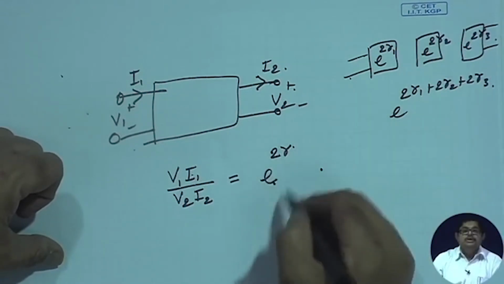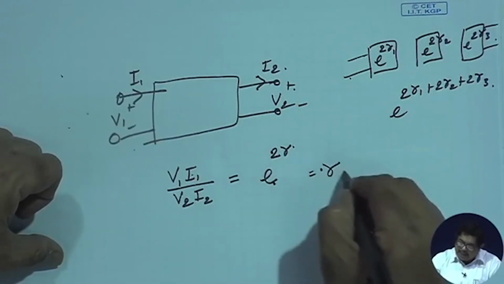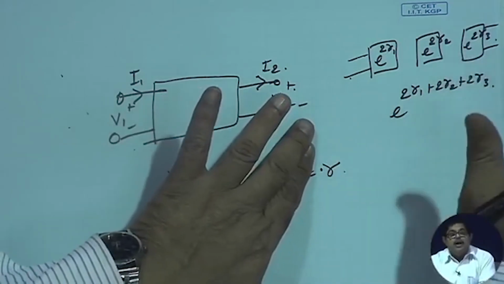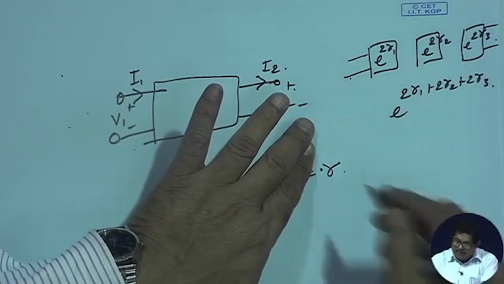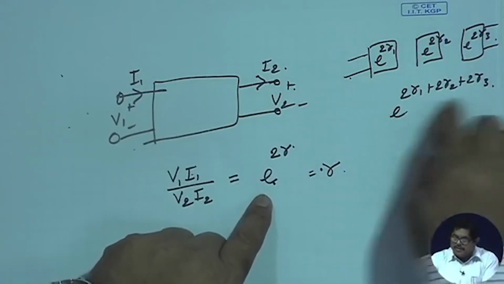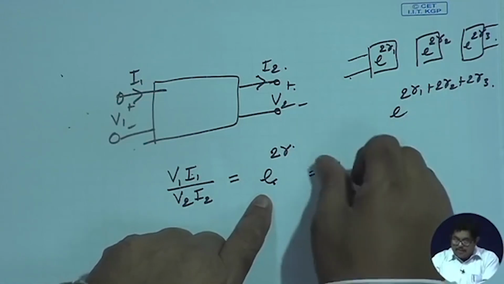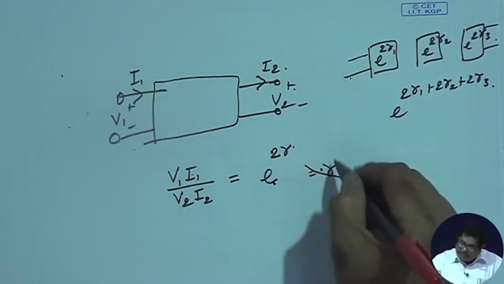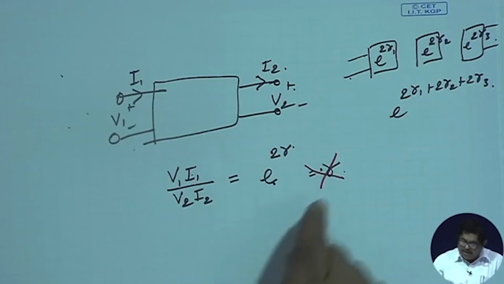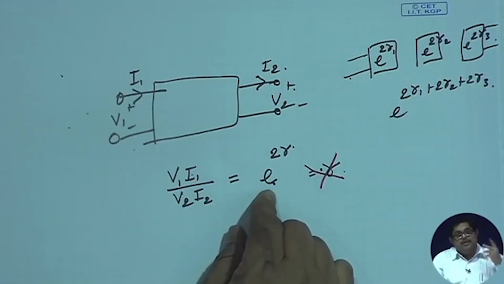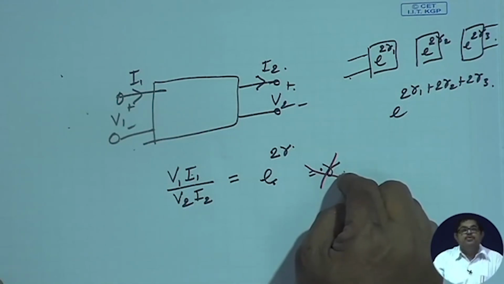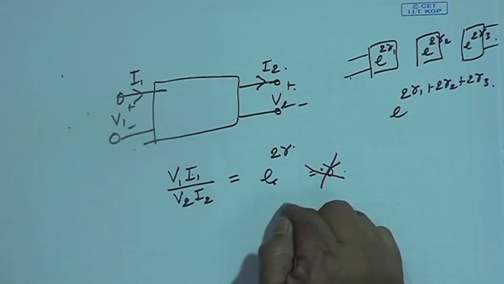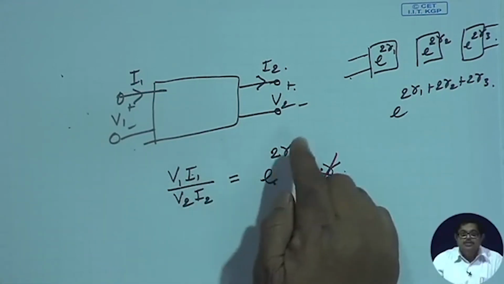But if I don't use this exponential factor, if I just write it as gamma, suppose, then I will have to work out and find out what is the magnitude and phase, all these things here. But the exponential factor makes it simply an addition. If it is an absolute value, it would have been some multiplication. We always prefer addition to multiplication. That's why initially people did like that, they put this as propagation constant, but now after some learning, people understood that we represent this ratio as exponential factor,